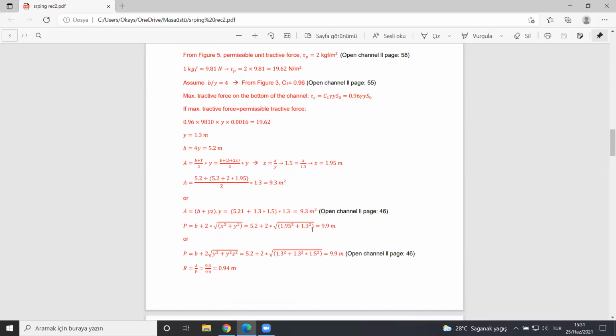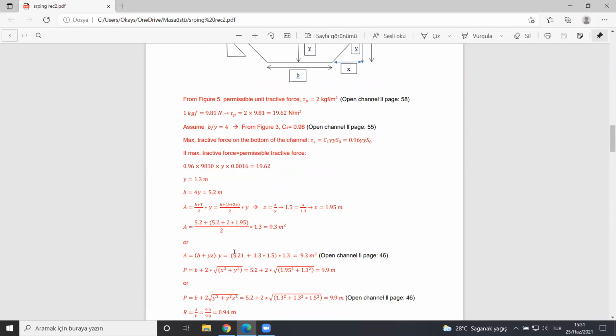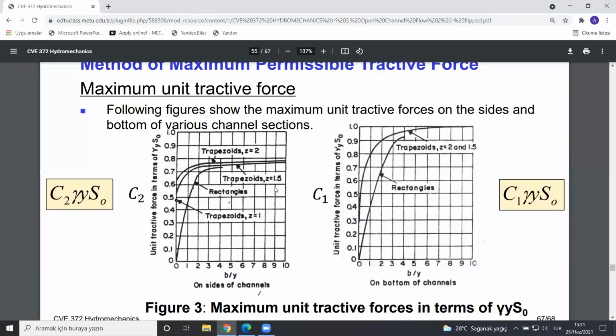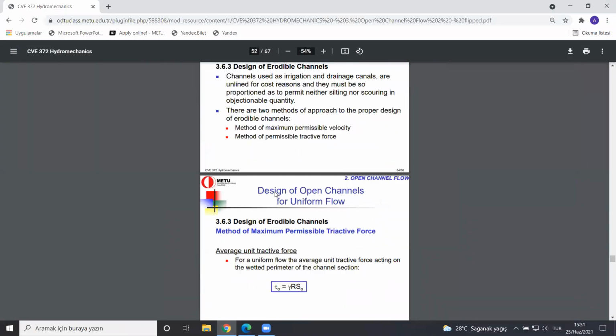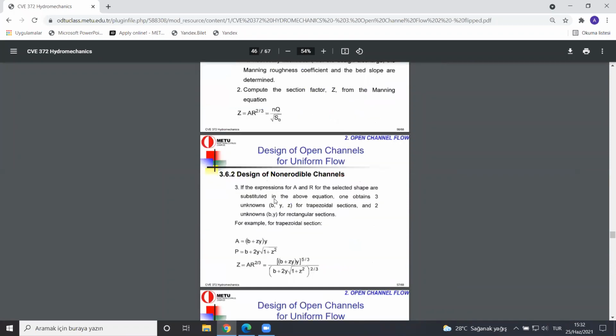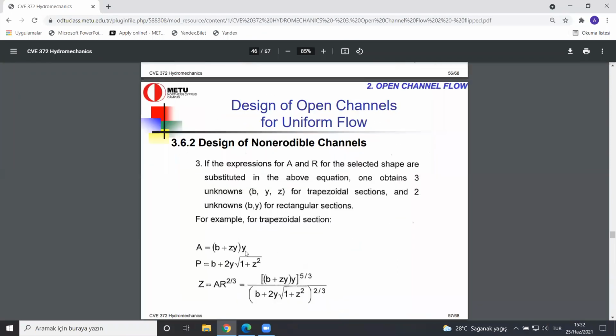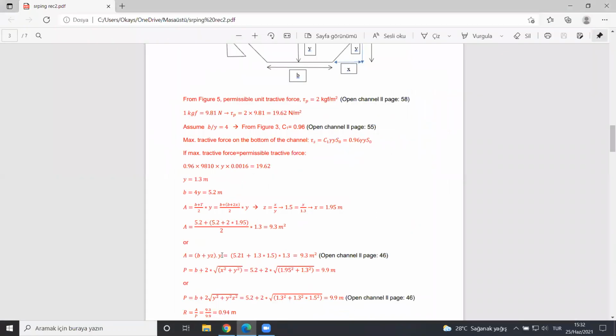The second way to calculate: there is a direct equation given for trapezoidal areas on page 46. Let me show it to you. Here, this is the equation. Area is equal to b plus z times y, close the parentheses, times y. You can also use this equation if your section is trapezoidal. They give the same result. And then